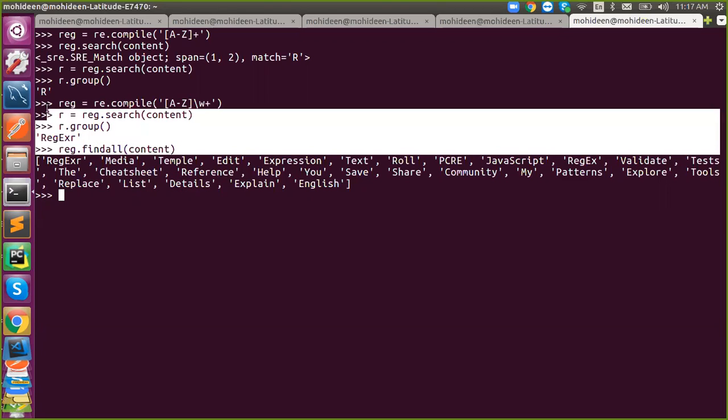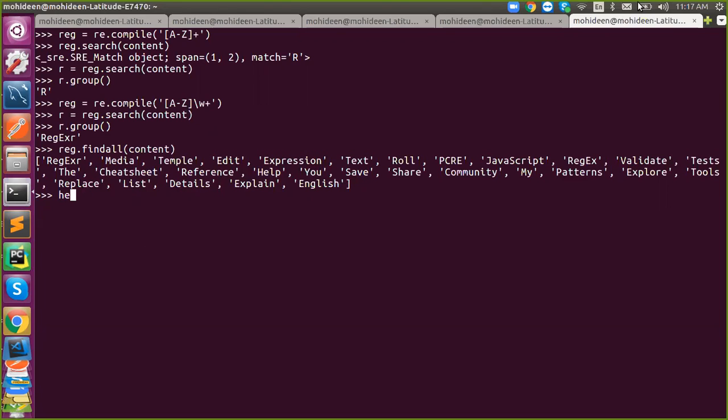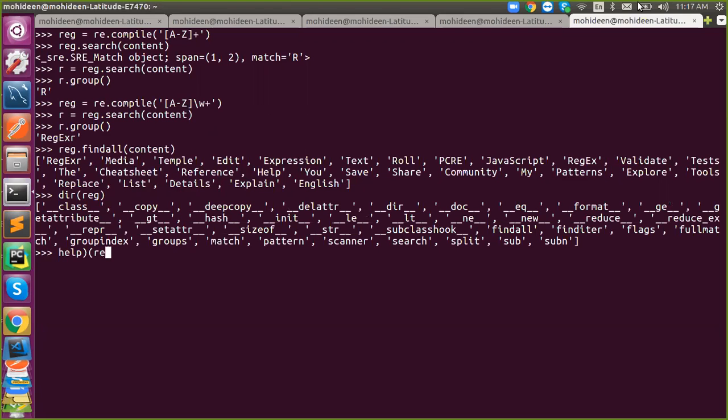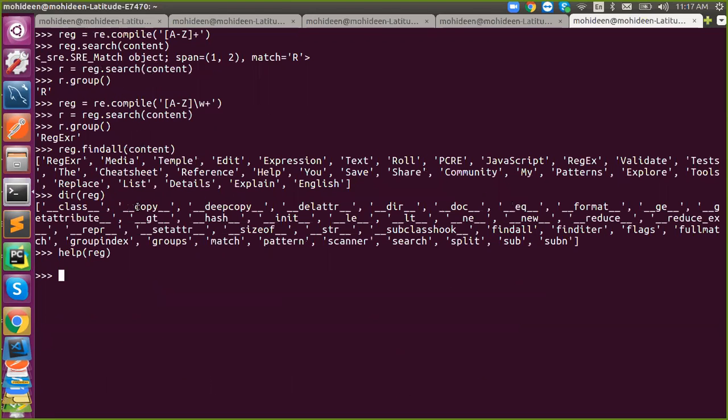Understand? That is called compile. It will compile it, and when you say help on the regex, that is a compiled object. You can use anything you want to. Just apply the string. You don't need a pattern. But in the traditional way, what to do? You need to use that, right? Find all, you need to use the pattern along with it. But in this case, we don't need the pattern because we already compiled.